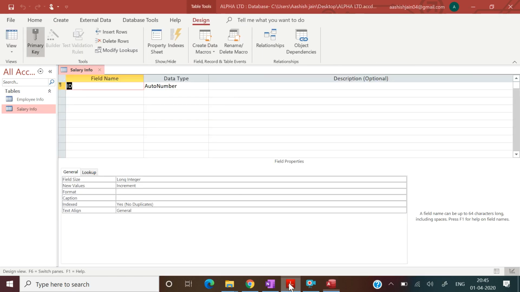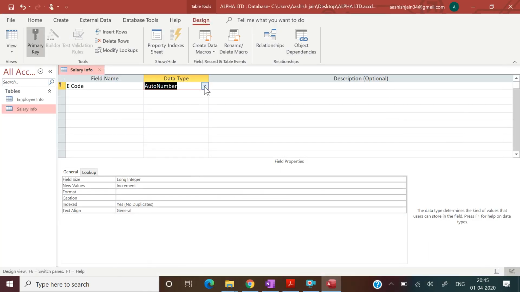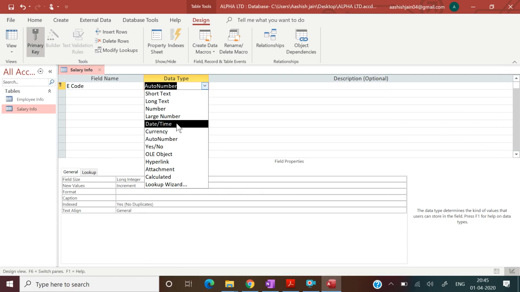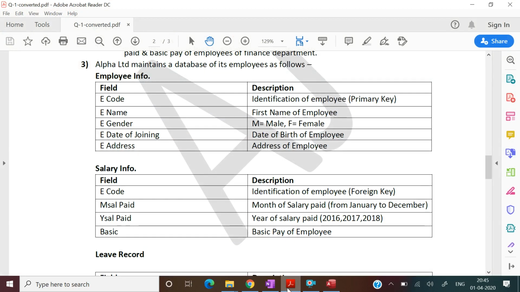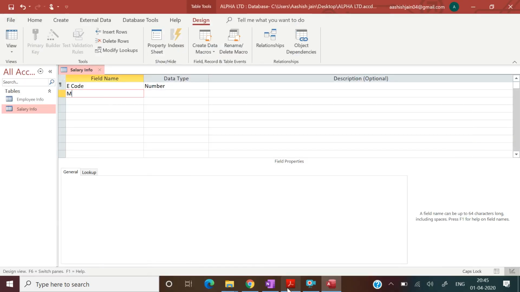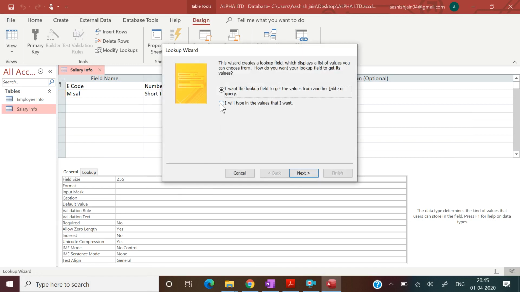Now the first field is e-code, number. Another field name is msal, that is month salary paid. So again we need to create a list.